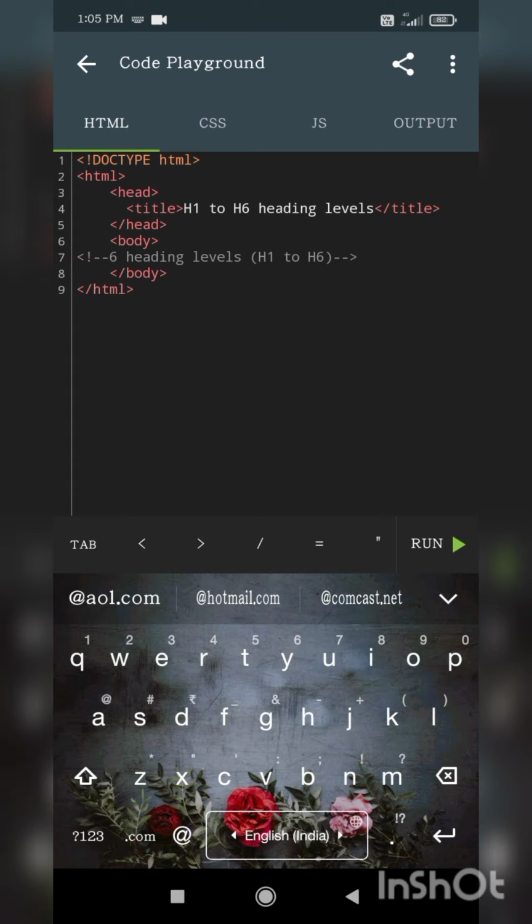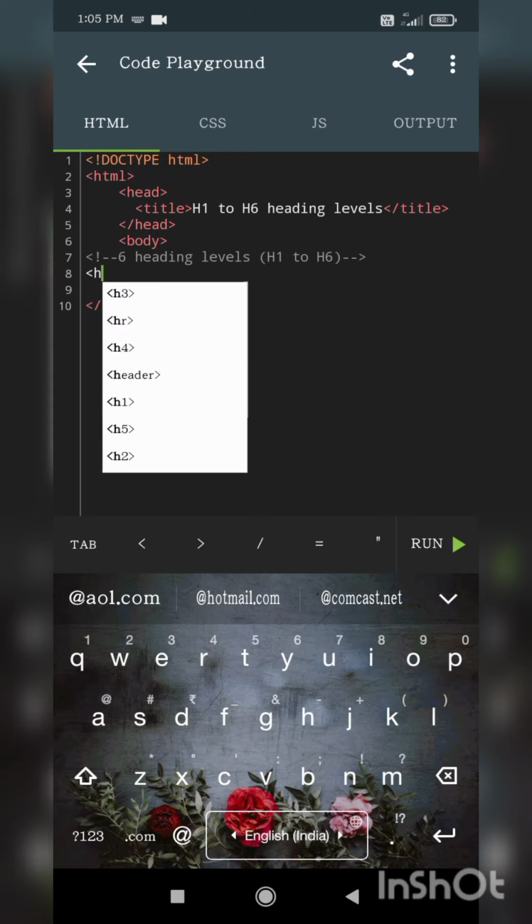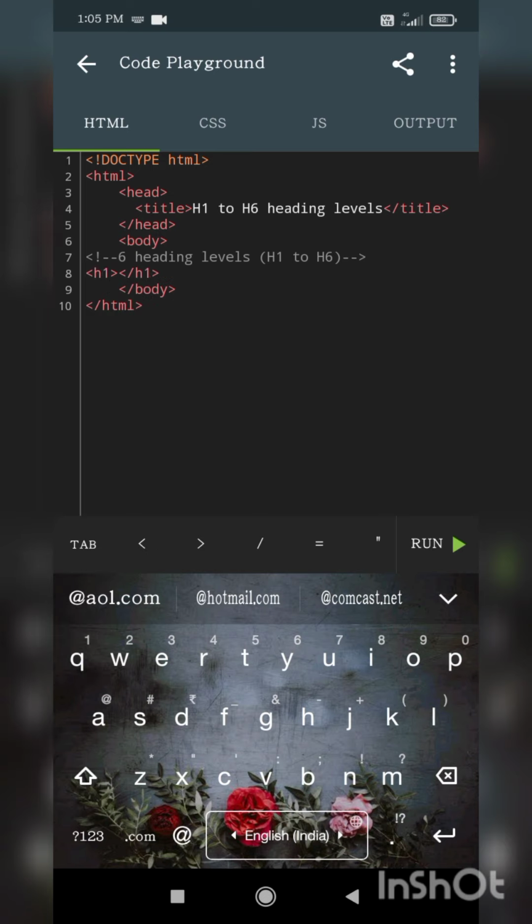Okay, so here what I have written: 6 heading levels. So this is H1 tag. You can also use small letters. There is no condition to use all capital letters or small letters. Which one you want to use, that you can use.